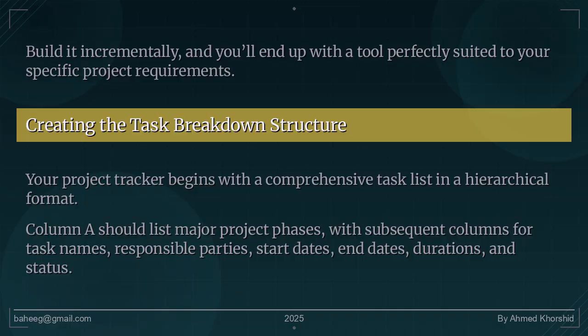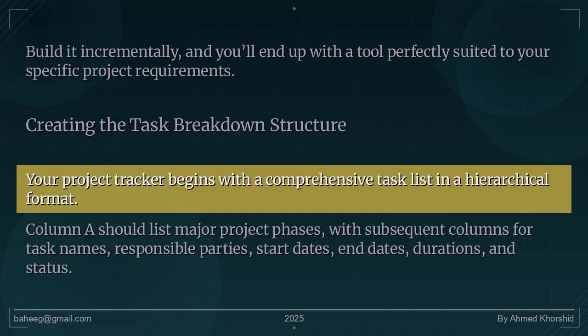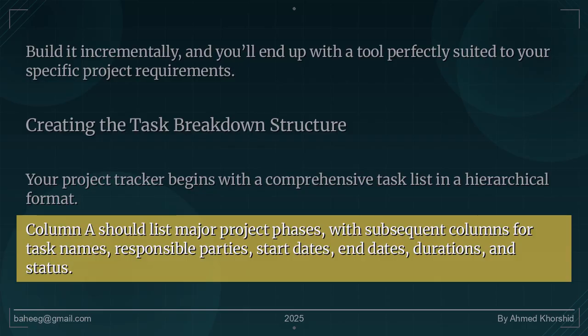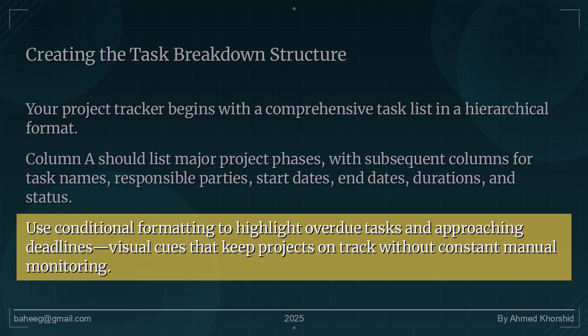Creating the task breakdown structure. Your project tracker begins with a comprehensive task list in a hierarchical format. Column A should list major project phases, with subsequent columns for task names, responsible parties, start dates, end dates, durations, and status. Use conditional formatting to highlight overdue tasks and approaching deadlines, visual cues that keep projects on track without